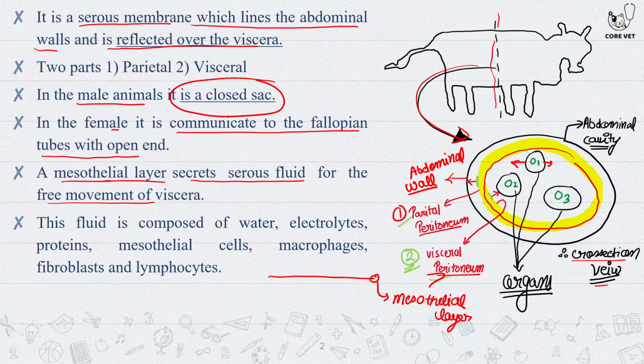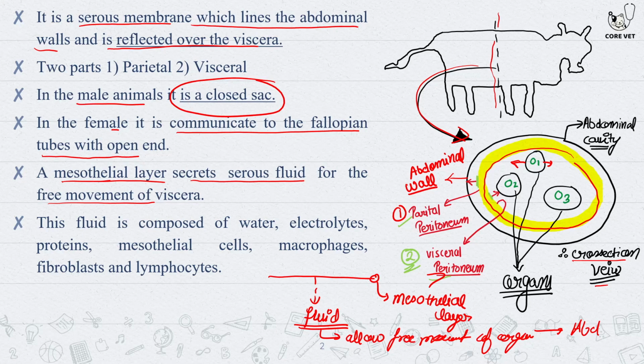Okay, now this mesothelial layer secretes some fluid. And what is the purpose of this fluid? To allow free movement of organs that are there in the abdominal cavity, right? Okay, this part is clear that there is also a mesothelial layer which secretes some fluid for the free movement